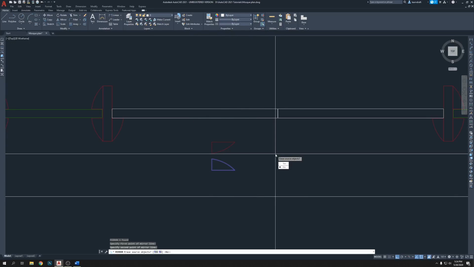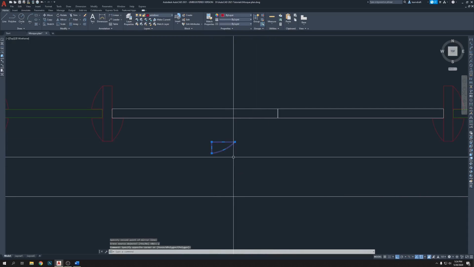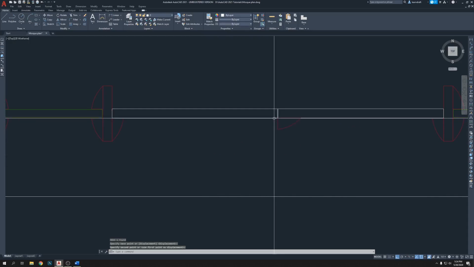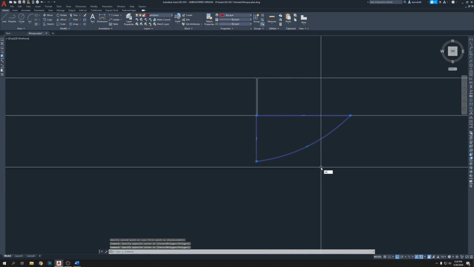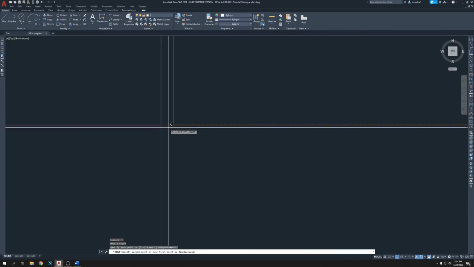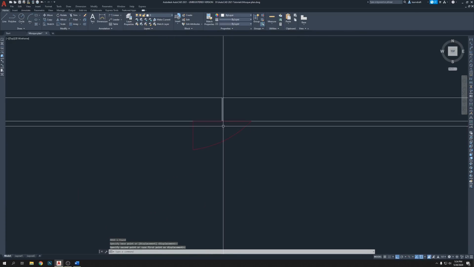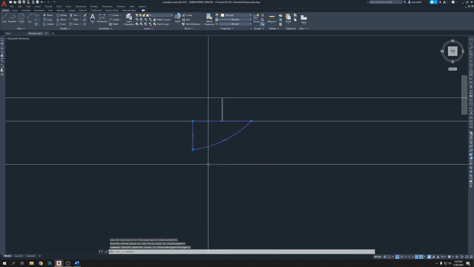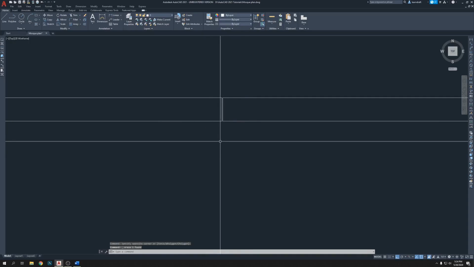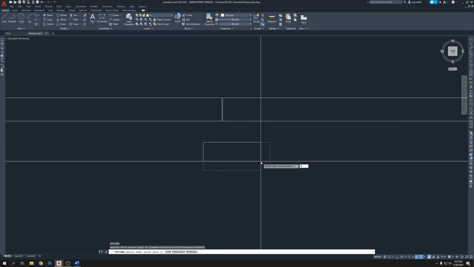So what I did, I just brought a copy here, and then I'm mirroring it. Yes, and move, and here. So take it from the middle and there. It's almost like this, but it doesn't look good. I'm going to delete this and draw a circle. Not a circle, actually an ellipse would be better, but that would be a different problem. So let's make a rectangle, let's say 1.5 inch by 1 inch,